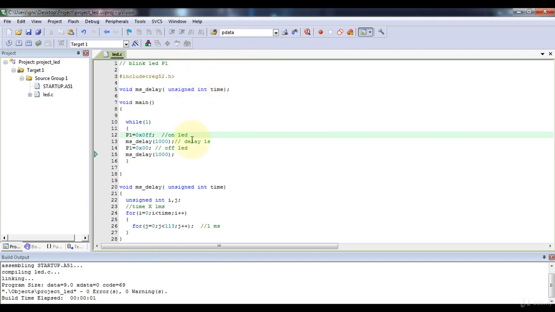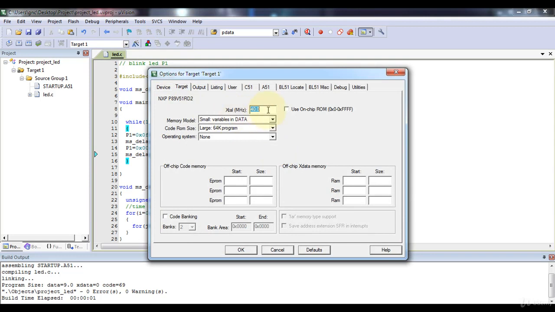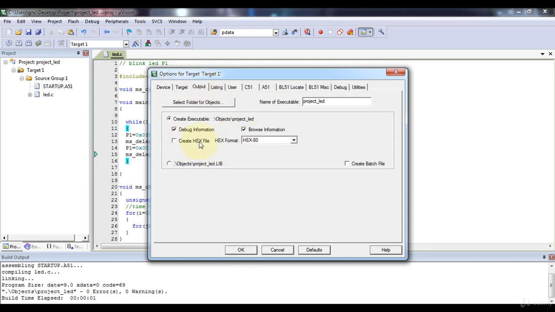Before you debug the code, you have to set some properties for this microcontroller. For that, you have to go to Target Options. You have to select the operating frequency as 11.0592 megahertz. Then Output, and you want to create a hex file, yes.